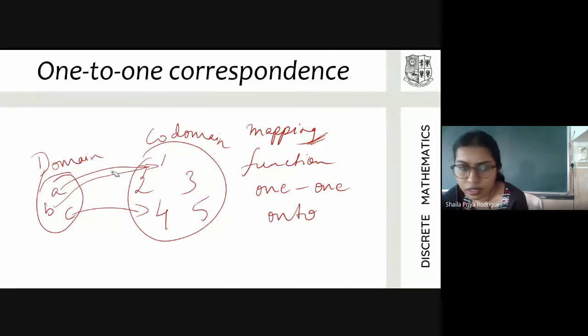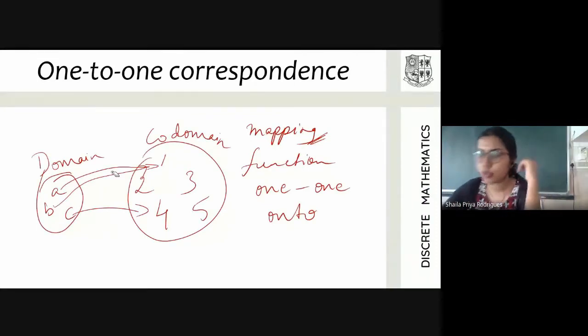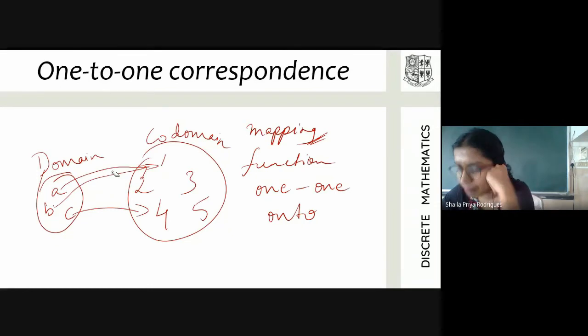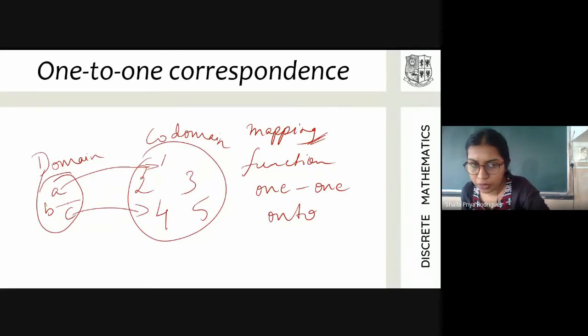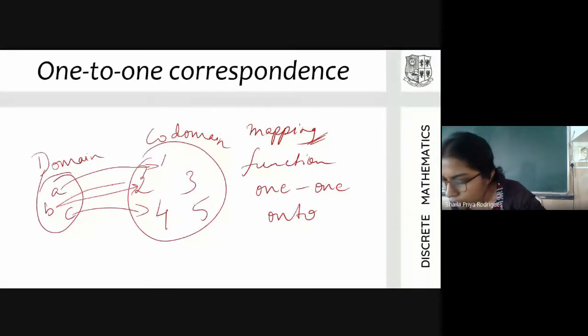With the set having A, B, C as the domain and the set having 1, 2, 3, 4, 5 as the codomain, can I have an onto function with these two sets without removing any element? Can I draw some other mapping so that that mapping becomes an onto function? Even if I try to map this B to 2, 3 and 5 will still remain unmapped. So if I map this B to 3, this mapping will no longer be a function.